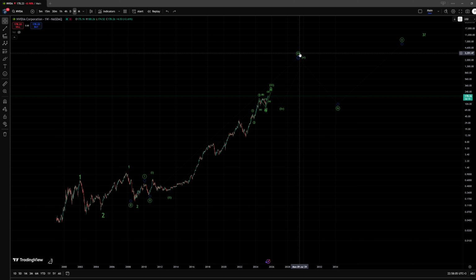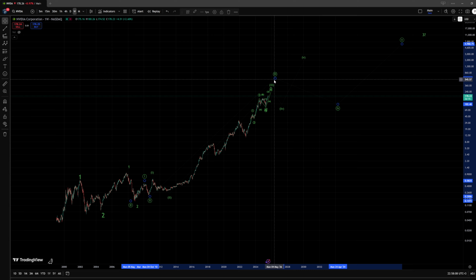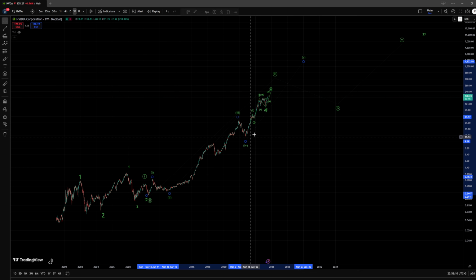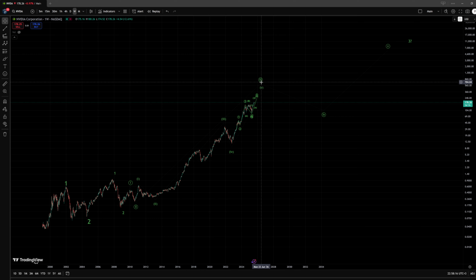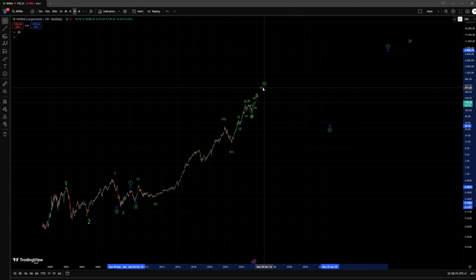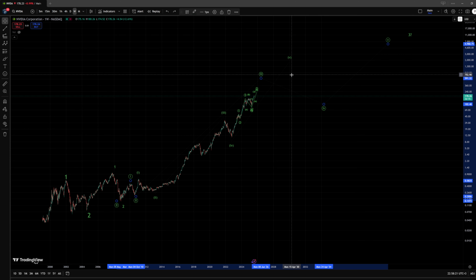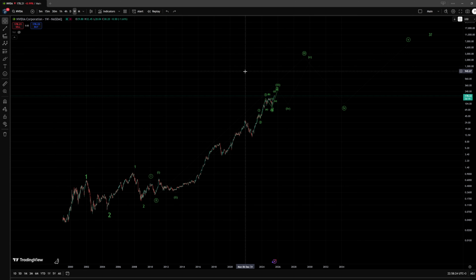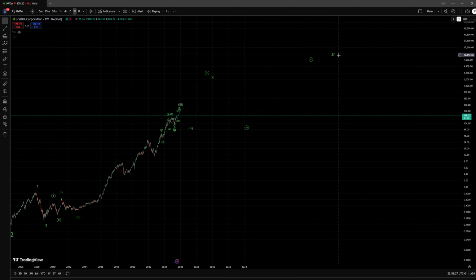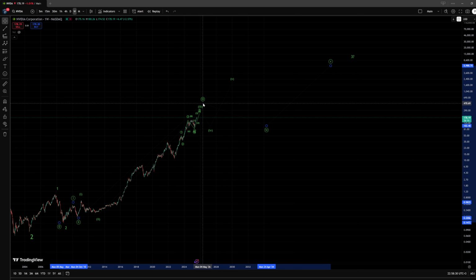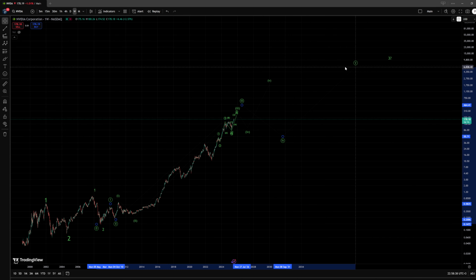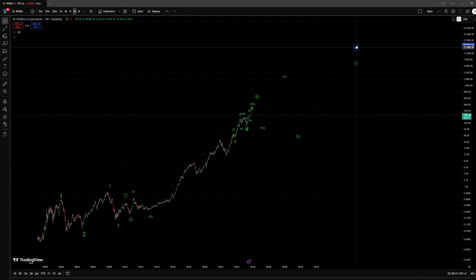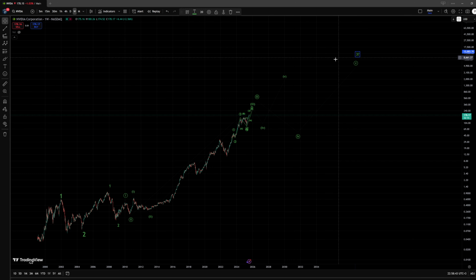And I am still considering if we already completed this third wave and we readjust it, or for something like this, the subwaves within it, but it is debatable and doesn't really matter too much at this point. Overall, I am still looking for direct upside in this case, and at the moment, even if we completed this third wave here, I would still expect a very large fourth wave, or well, large fourth wave, let's keep it at that. It's subjective what very large is, but overall I would then still look for higher in the third wave to the upside.